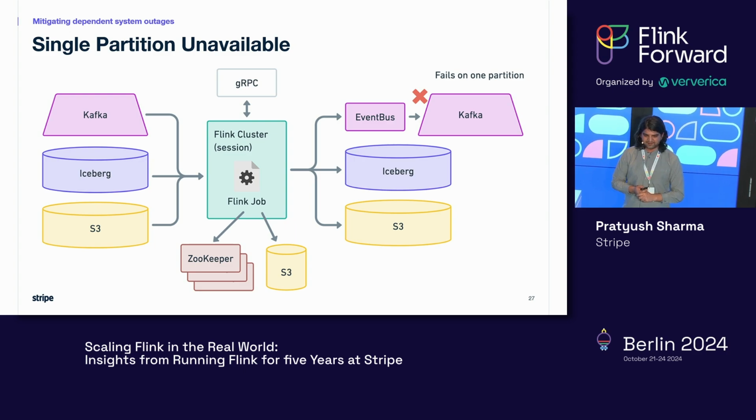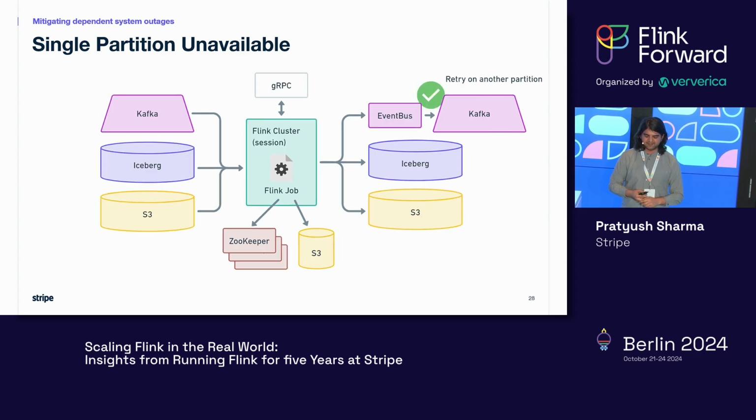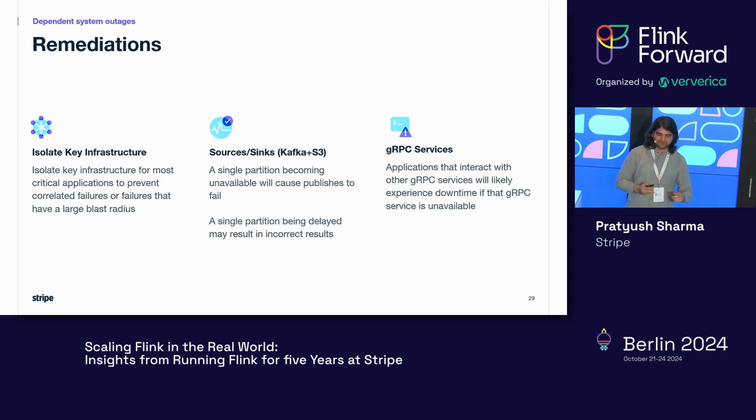So what we end up doing is we add a proxy layer, which helps us retry failures on a different Kafka cluster. Our sources and sinks are both aware that you're interacting with multiple Kafka clusters at the same time. My colleagues from the stream infra team